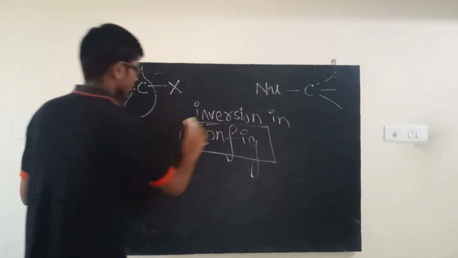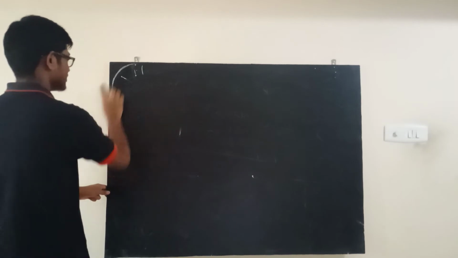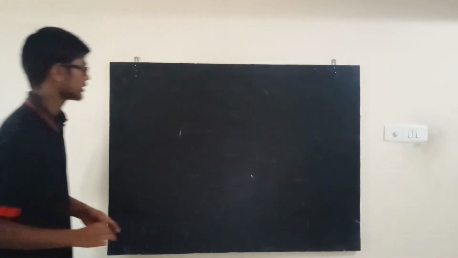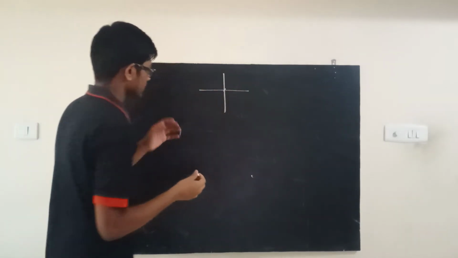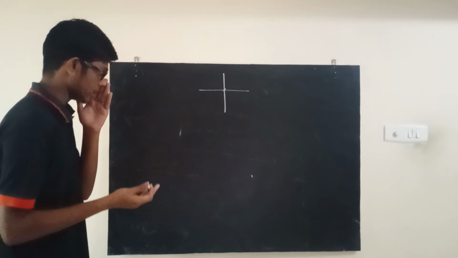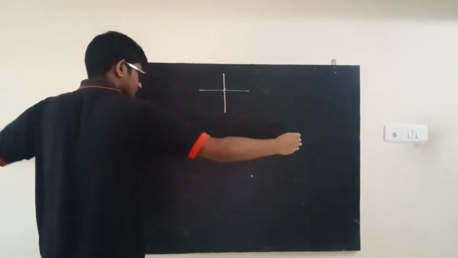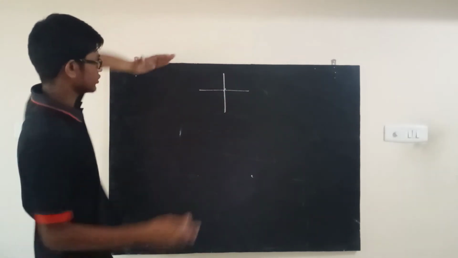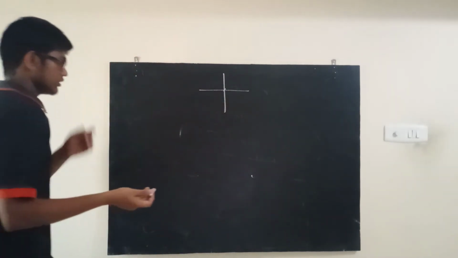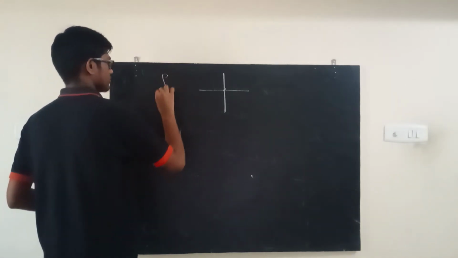We did discuss a lot of heavy geometry suddenly, I agree. We discussed the Fischer projection. But these are all very important, guys, especially for those of you who want to write competitive entrances. Let me just go over the Fischer projection once more. It's one of the ways of representing 3D in 2D. You consider that these two bonds are inside and these two bonds are outside. You guys know all the ways of representing 3D in 2D, and one of them is the Fischer projection.